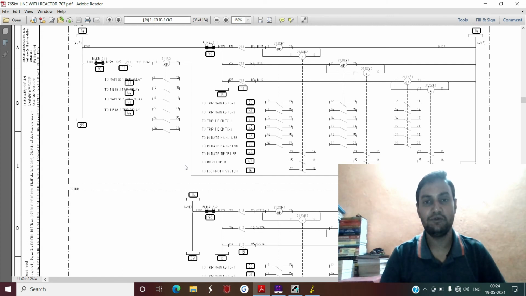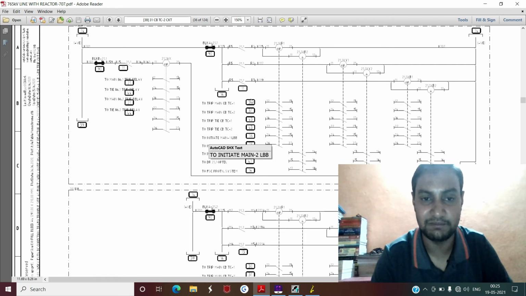But suppose the distance protection operated and issued a trip command to the circuit breaker, but the circuit breaker fails to operate. In that case, your timer keeps on running, and after 200 milliseconds it sees that the fault current has not come down to zero and is still persisting in the system. So your LBB will operate and clear the fault by the back tripping and inter tripping method, which I have already explained to you.